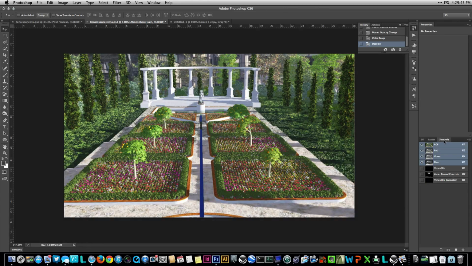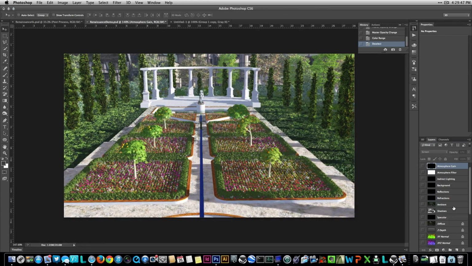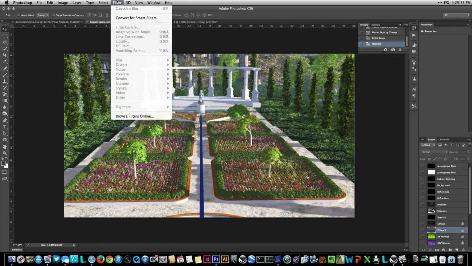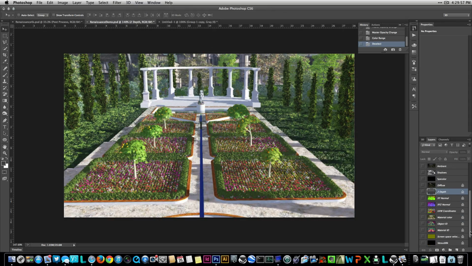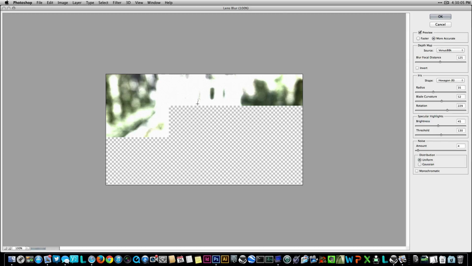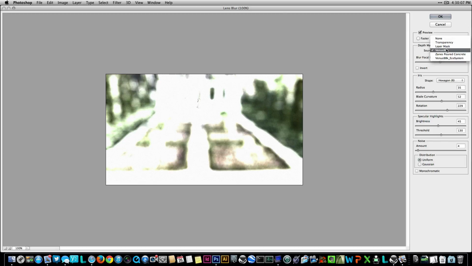In fact, Photoshop has a very cool thing, and I don't know why I don't think you can do it from here. Hang on, I'll just have a look. I think it's got to be a channel. But if I go, oops, select our image and go filter, blur, lens blur, source. Yeah, I need a